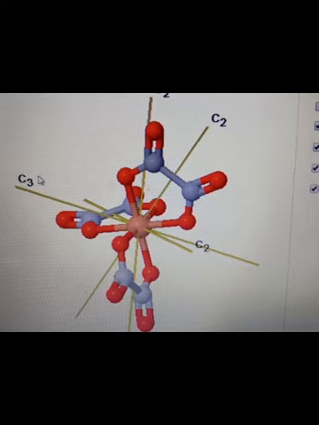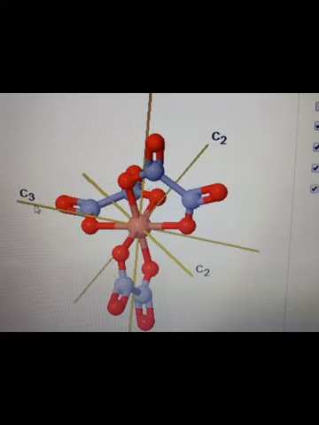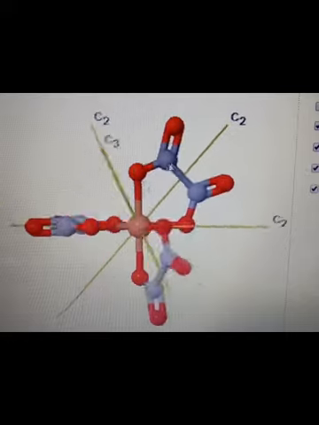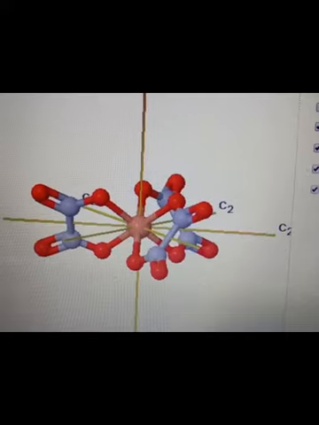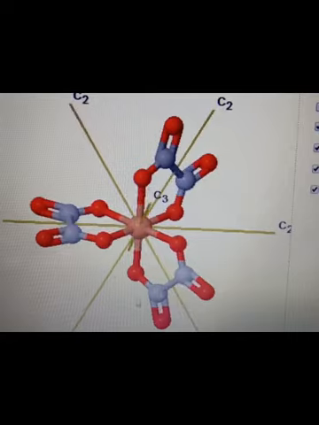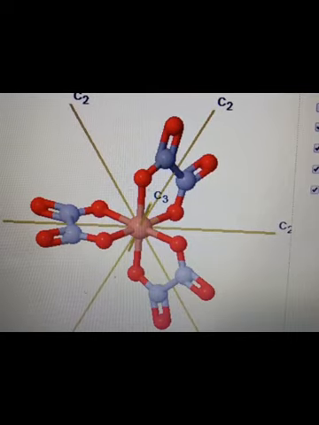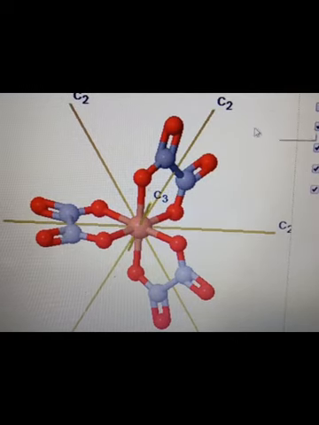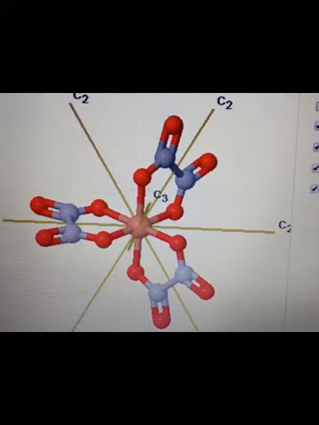We already know that when a molecule has more than one rotational axis of symmetry, the rotational axis with the highest n-fold value becomes principal. So in this case it has C3, therefore this becomes principal, and all these three become secondary, and these three C2s are perpendicular to the C3. So you can see the rotation of C3, you can see the rotation of the C2s, the other C2 and the third C2. So this is regarding the D3 molecule, that is the tris oxalato iron 3 complex.